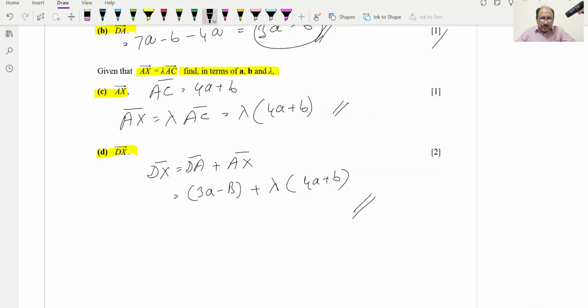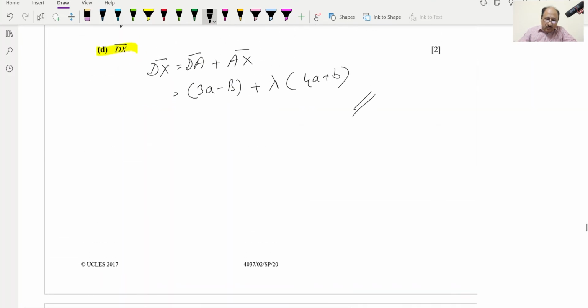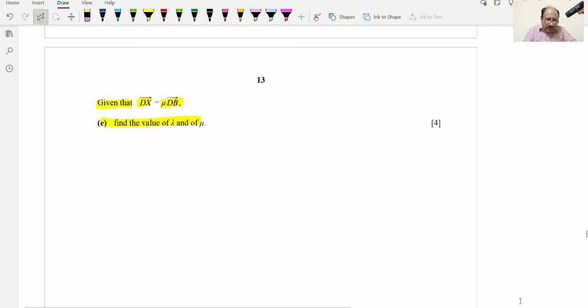Hopefully you understood this. Now they are saying, given that DX is equal to mu DB, find the value of lambda and mu. So the DX value which we have found just over here, we will be using this one, and we can write 3a minus b plus lambda into 4a plus b, and this is equal to mu